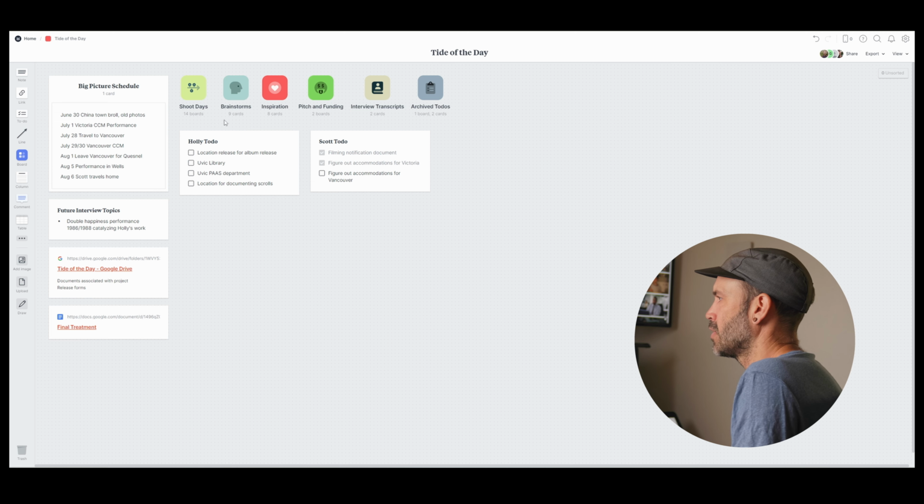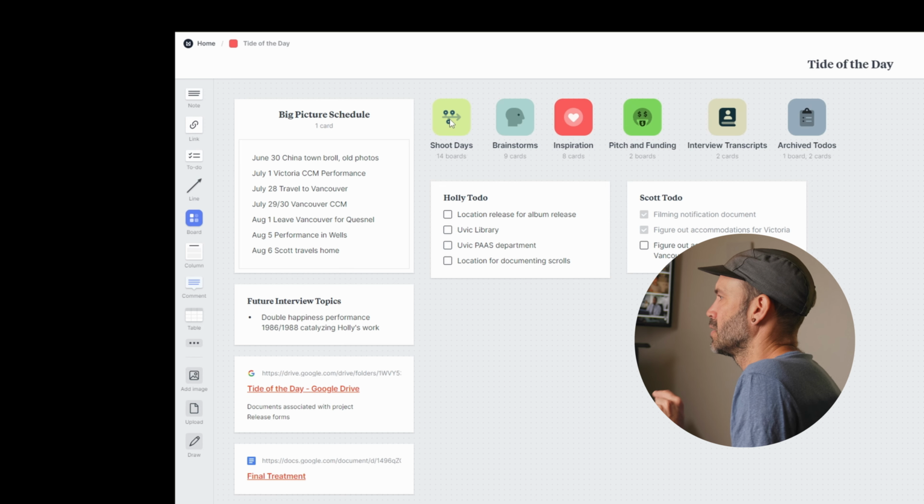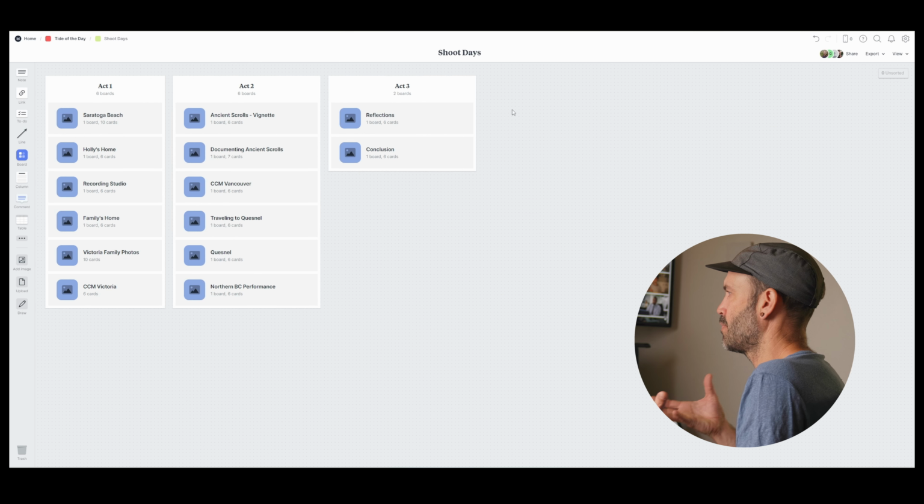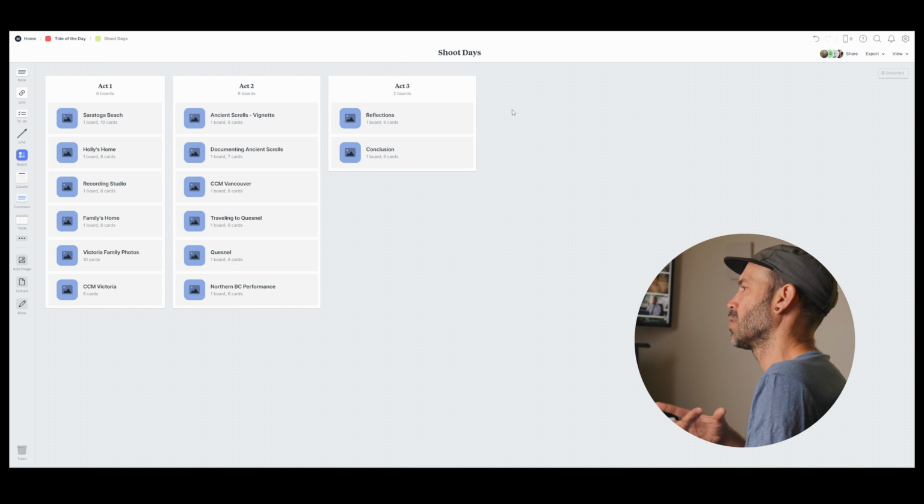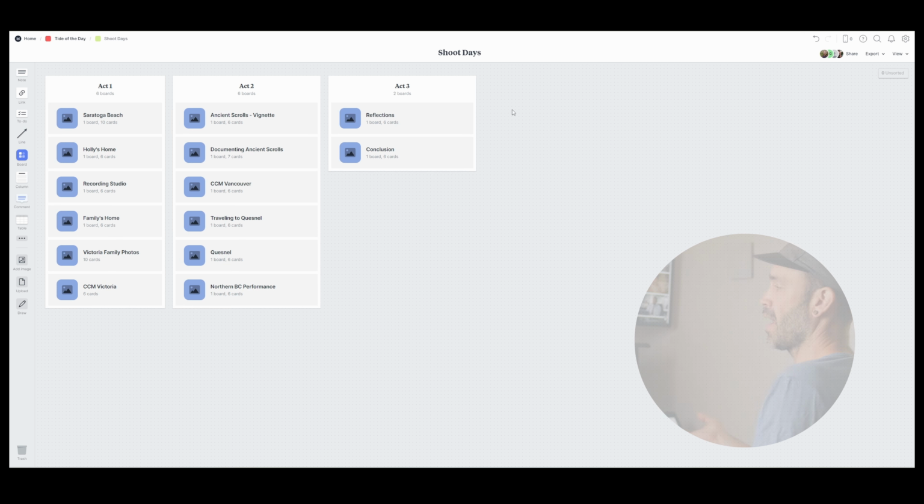But the area I want to dive into for this is the shoot days section. And this is basically a build out of our whole film. This will evolve as time goes on, but it's based on our treatment that we were required to produce to get the grant. One of the big parts about pre-production that I've started to appreciate a lot more is forcing